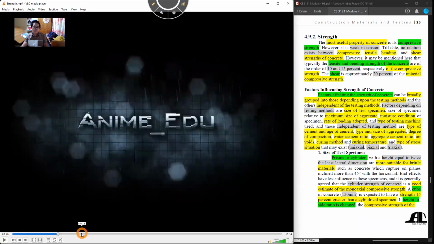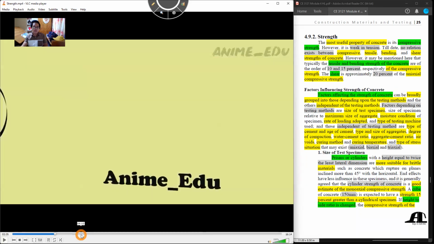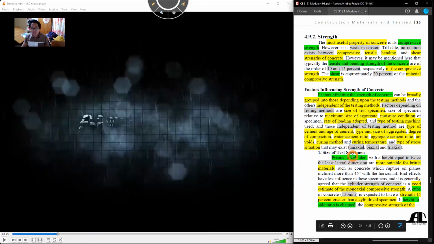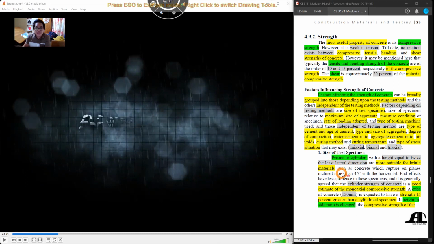It doesn't discuss that, class. Anyway, class, let's just pass through the factors affecting. Technically, class, the main bulk in terms of the strength of concrete in testing is the size of the concrete. Supposedly, class, what we use in terms of the compressive strength of concrete is the concrete cylinders. So supposedly, the concrete cylinders, class,